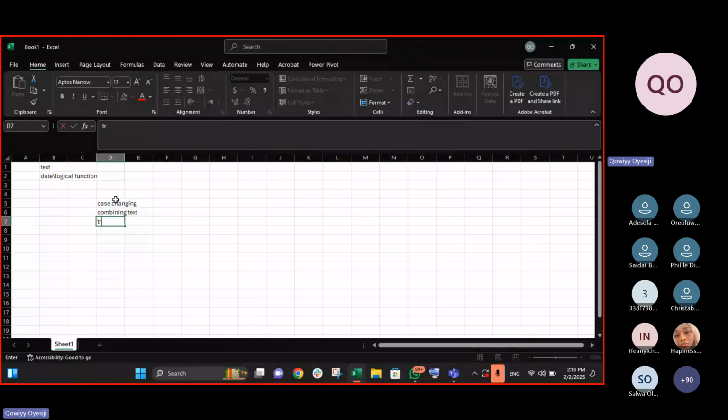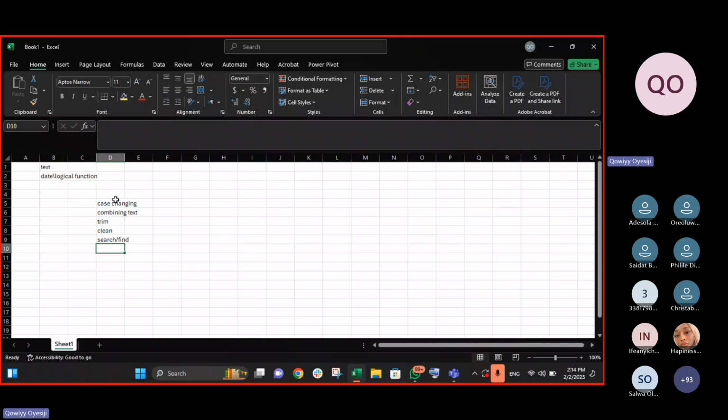We also have the one for searching, to search and find. So we are going to be starting with all these today. Then from there, we are going to move to our dates and logical functions.